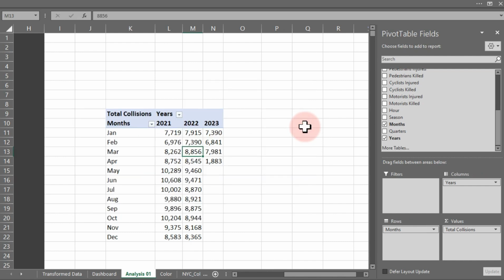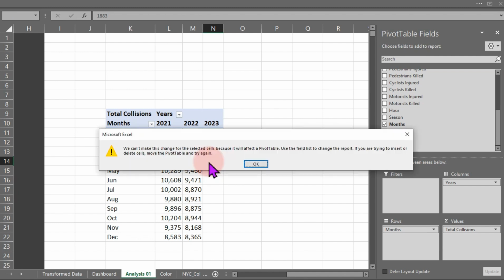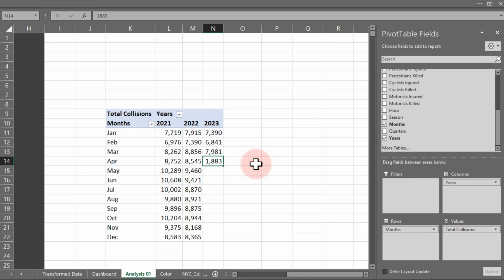So right now we cannot use this particular pivot table, but we're going to use it. This is the value we have to remove from here, right? We don't have to remove the month, but we have to remove the value from here. Then it will not be plotted for April, right? If I just decide to delete, look at what I have. We can't make this change for the selected cell because it will affect the pivot table. Okay, that is nice. So the next thing we can do right now is to duplicate this particular table,